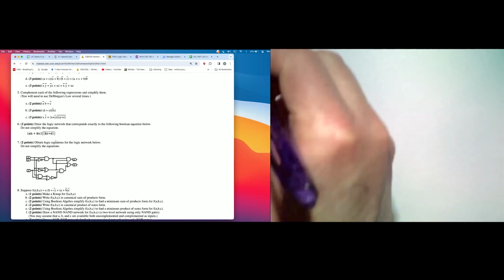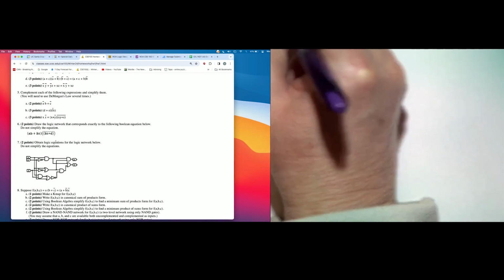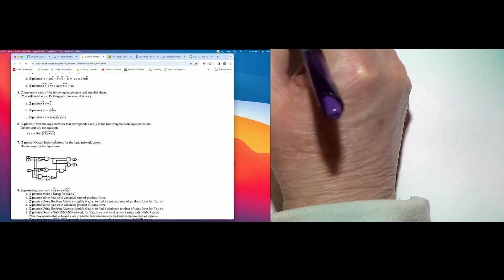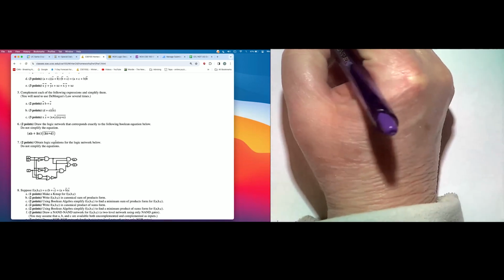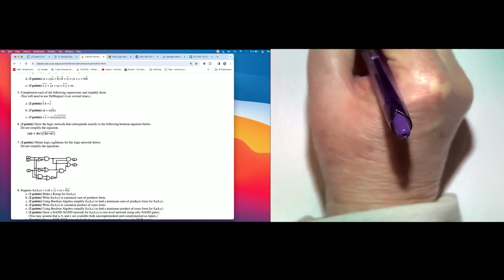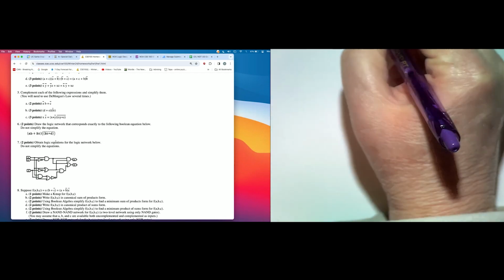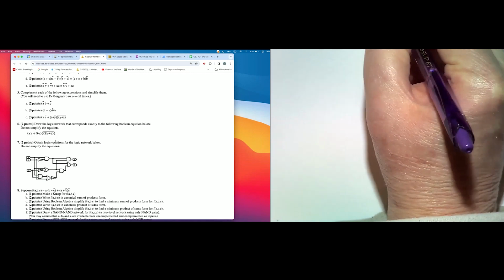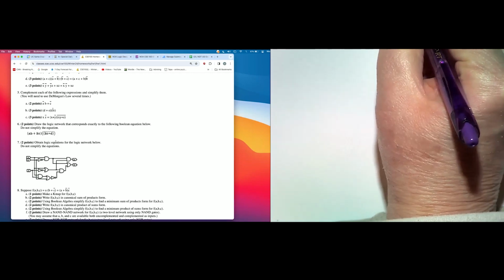It's x z bar plus x plus y bar, and then xy plus z bar. So this is the expression that's there, right? Yeah. So you simplify that.